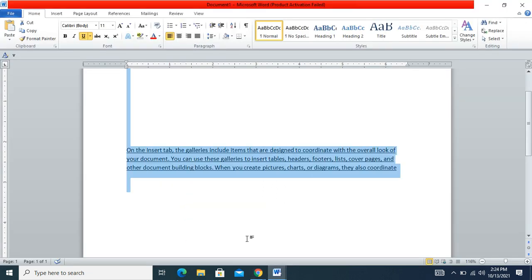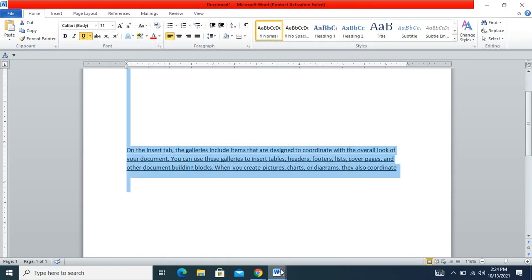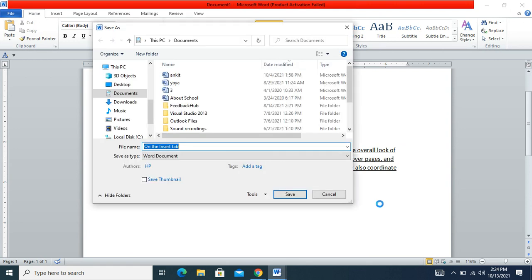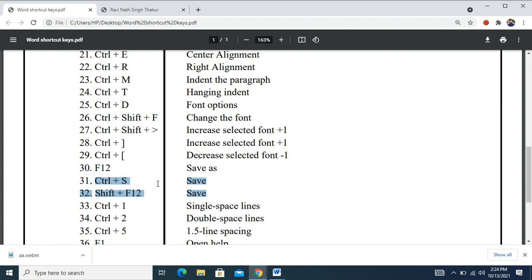Press Control plus S to open the save option, and press the F12 shortcut key to open the Save As option, or use Shift plus F12. The second shortcut key, Control plus S, is used to save the text.